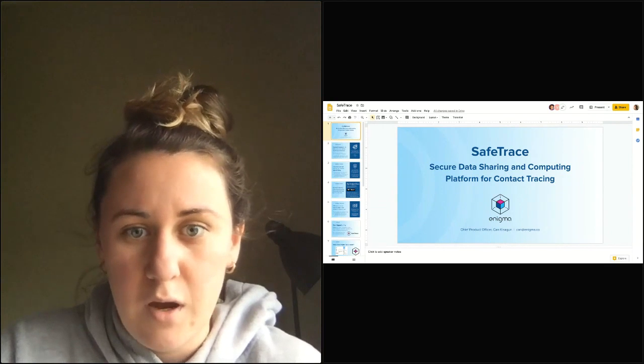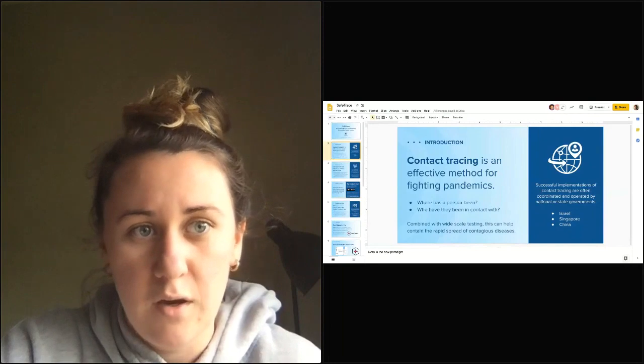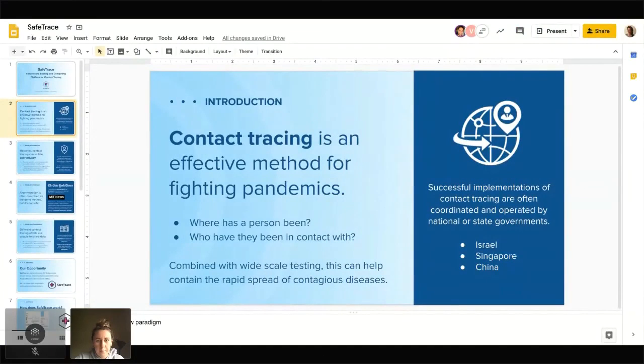I won't spend too much time defining contact tracing because I know we've been over that in this call already, but we have seen a few different countries start doing this approach: Israel, Singapore, and China. And it's also been used in the past with other pandemics such as Ebola to really effectively follow the path of a viral infection. This is also something that is much easier now with the plethora of data that's collected by smartphones, which are pretty much ubiquitously carried.